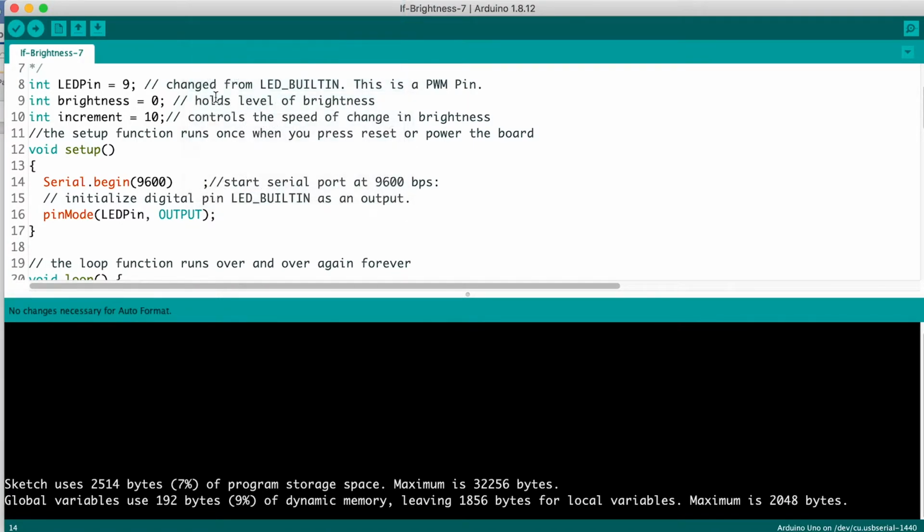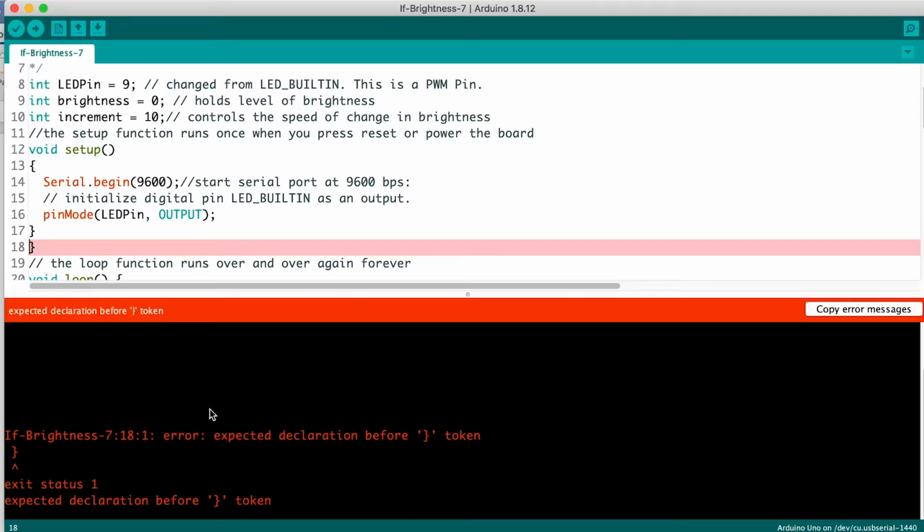And the auto format won't get rid of these extra spaces, so you'll have to get rid of those yourself. Anyways, that's one. So if you got an extra squiggly in there and you go to check the code, it says expected declaration before this. These can be very hard to find, but anytime the first error message says that there's an error with a